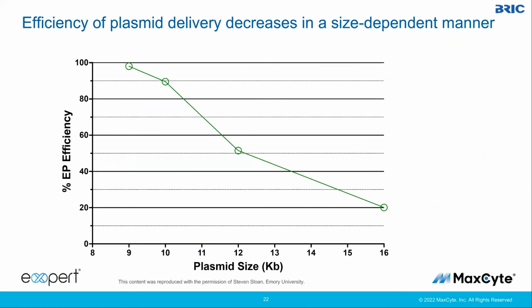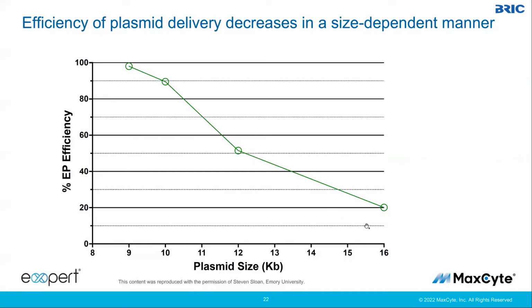And I think this slide's really interesting. This slide was reproduced with the permission of Stephen Sloan from Emory University, and also Raphael Kroll's group at the CSIRO Foundation. But what you can see is up to 10 kb, at least, we're getting pretty good expression of the plasmid with a reporter gene, either GFP or mCherry. And as you go larger in the plasmid size, you're going to see a considerable drop in the